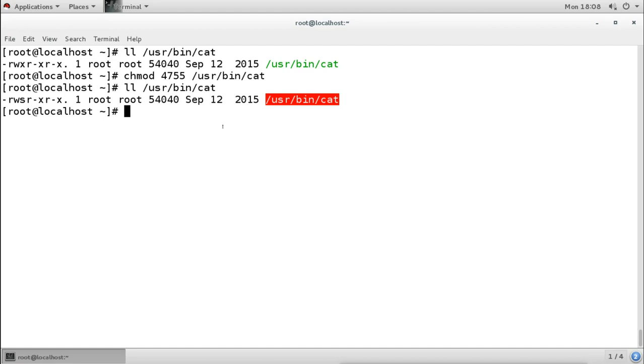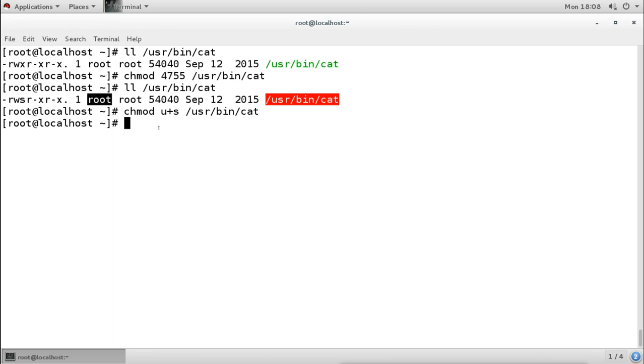That means numerically we can do this, and symbolically we can add u plus s if we want to set the UID. So by the symbolic way we can do this, and for the numerical way we can use this. Now after setting this, whoever runs this binary, it will be executed by the owner of the file, and that is root.